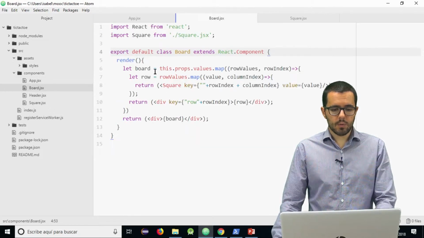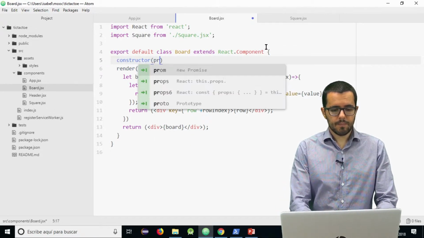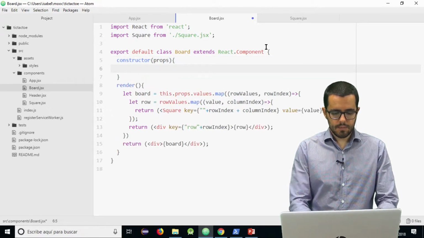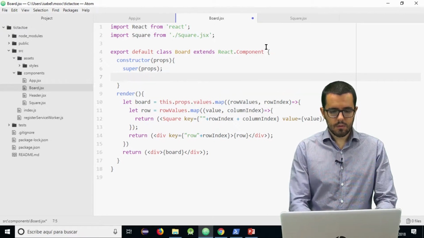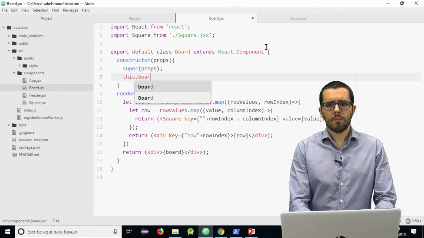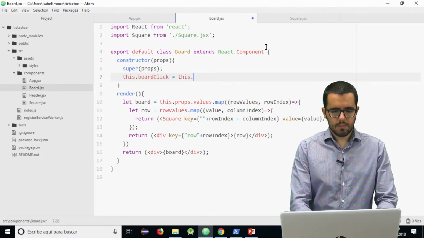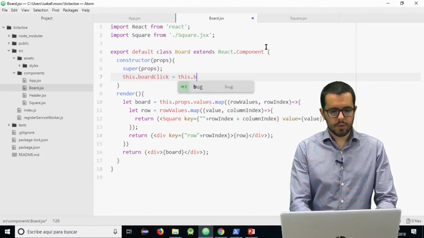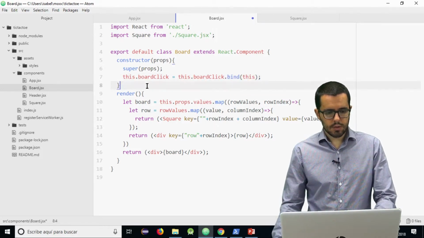How? In board we are going to create a constructor and a boardClick method, this.boardClick = this.boardClick.bind(this).